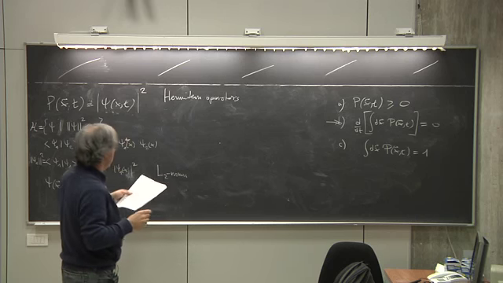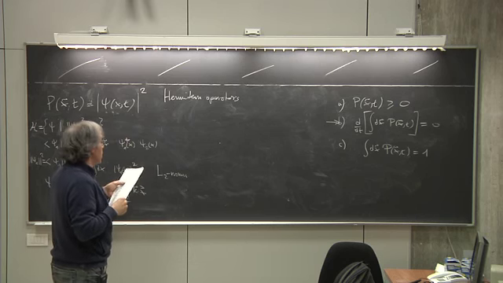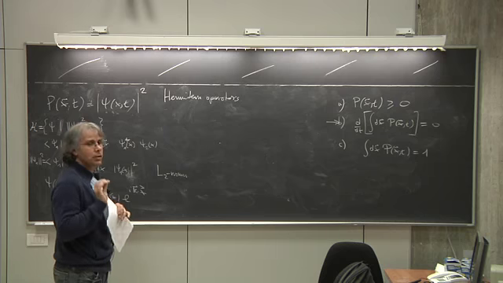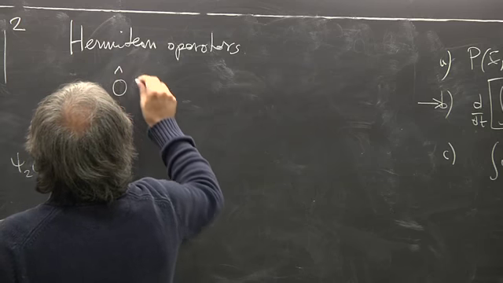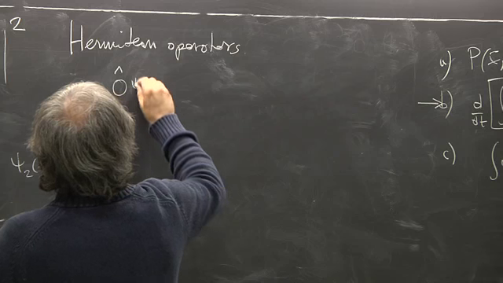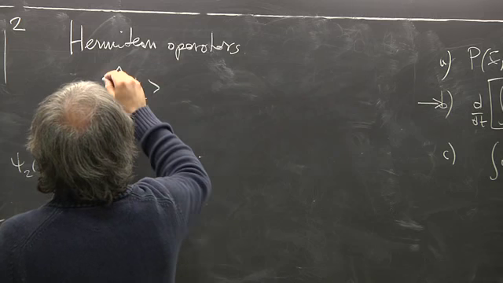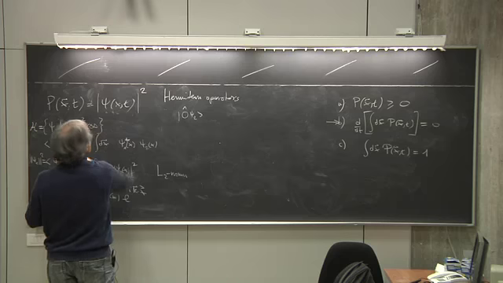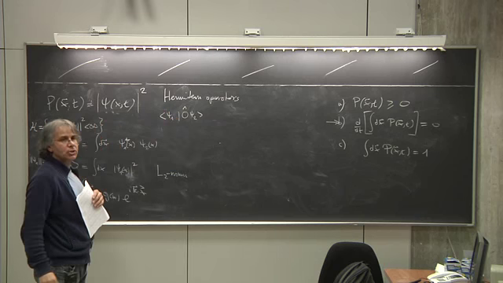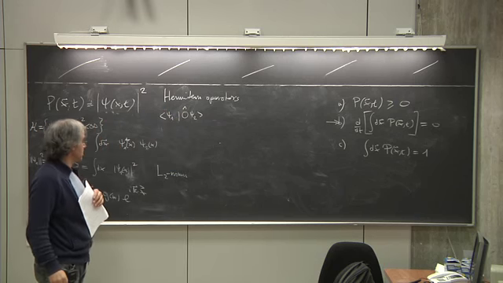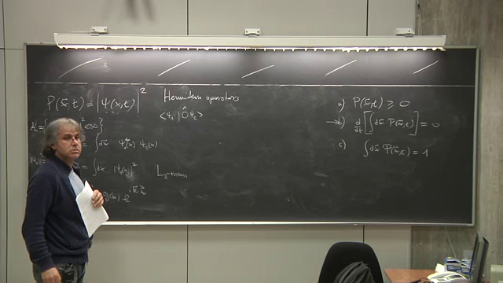Well, 15 minutes more. A Hermitian operator has the following property. This is the defining property. If you apply it to some wave function psi2, and then you take the scalar product with another wave function psi1,